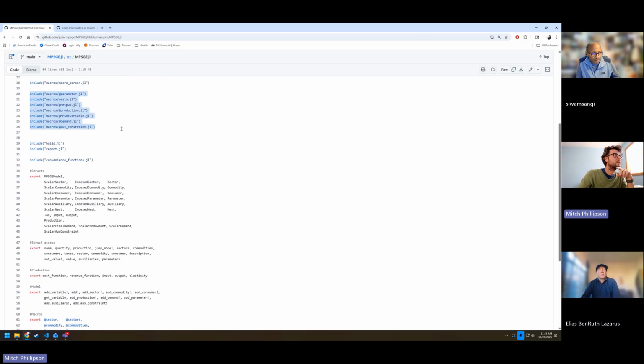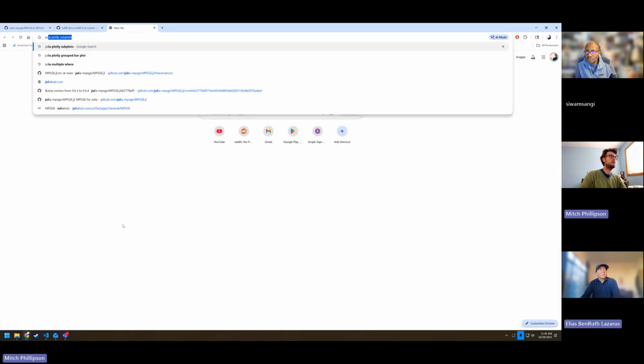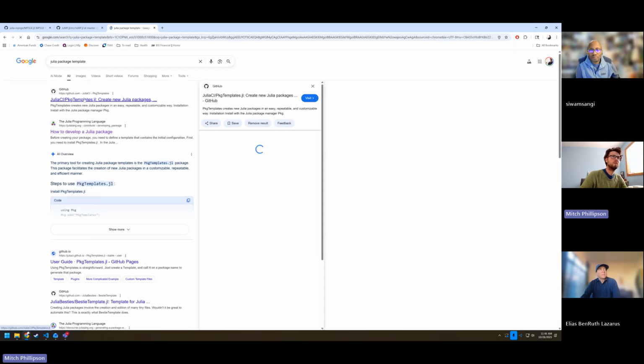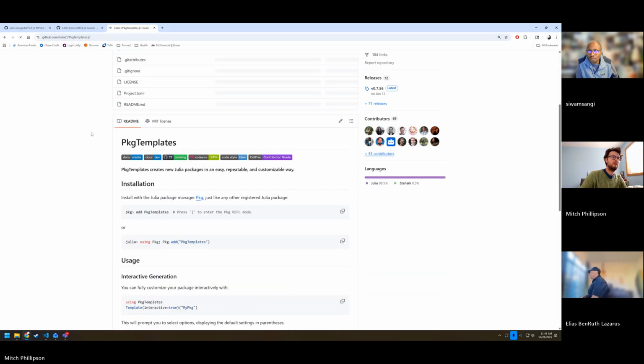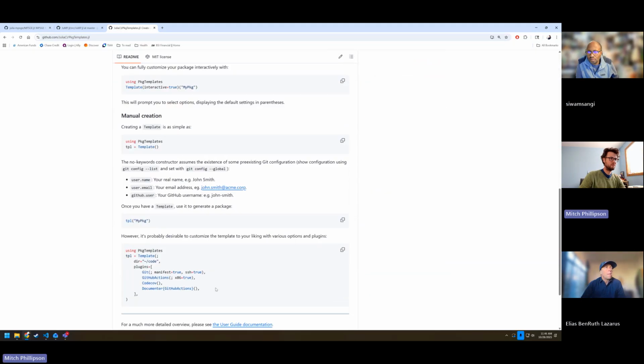I'll show you one more thing. So I can talk about this in the future as well. But the other really nice thing about the package environment, and if you use something called Julia package templates, so just Google Julia. Come on, open it up. This will generate a lot more stuff for you. Like this will generate, it'll put it on Git and it'll do a bunch of stuff. It drops in GitHub Actions already. Yeah, I'm a bit of a Luddite